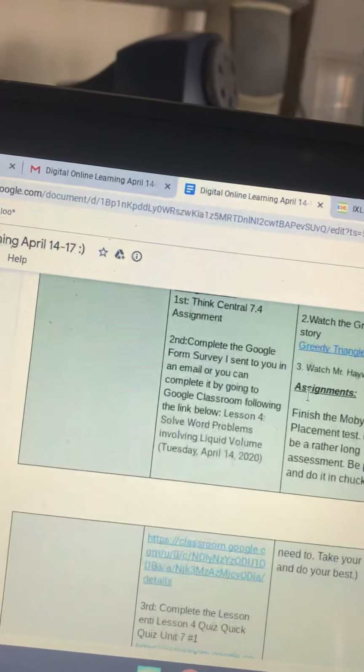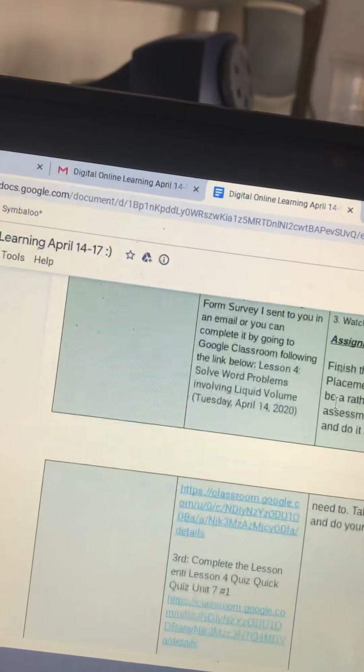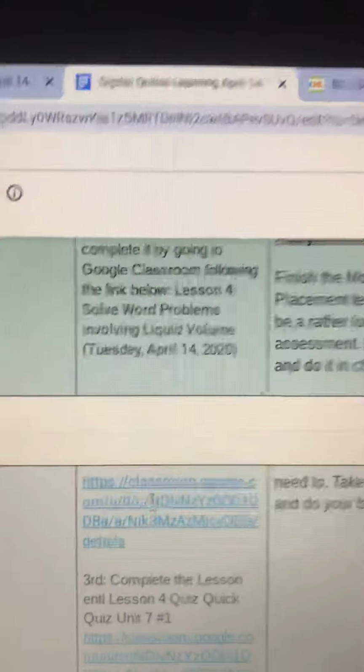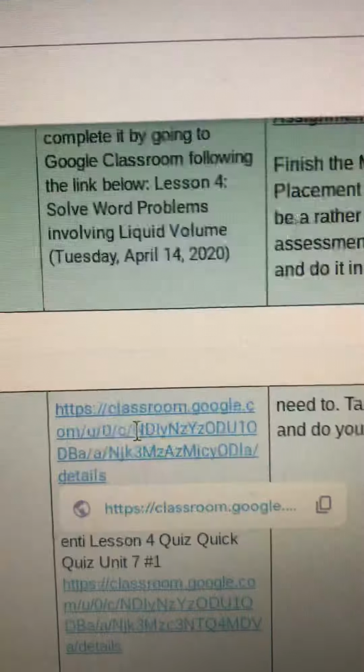All right, Google Classroom, a couple other things. It's going to bring you to Google Classroom. With Google Classroom, you have a couple different ways that you can get there. You can go down below. Notice there's a hot link here. If I click on this hot link, it's going to bring you to the classroom.